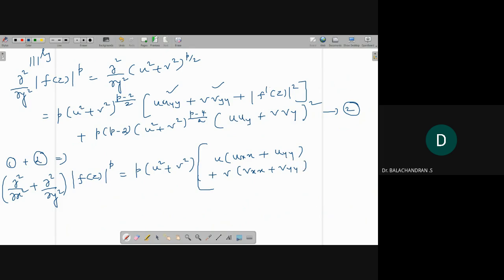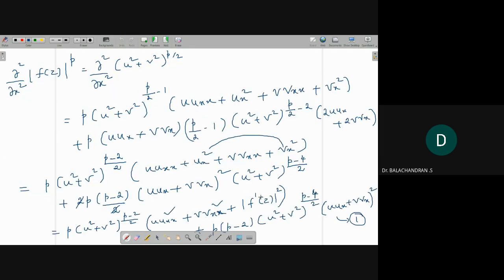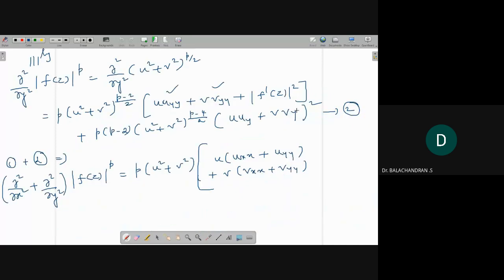Okay, here I have modulus of f dash of z whole square. Here also you have modulus of f dash of z whole square. So 2 times modulus of f dash of z whole square, close the bracket, and then